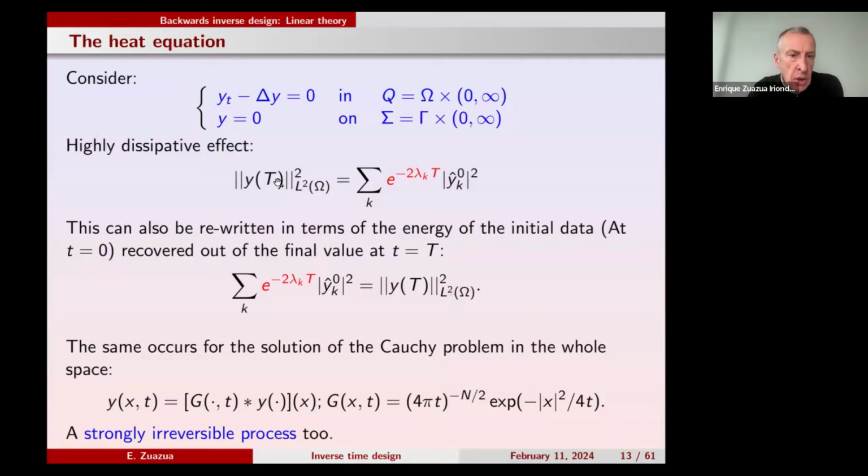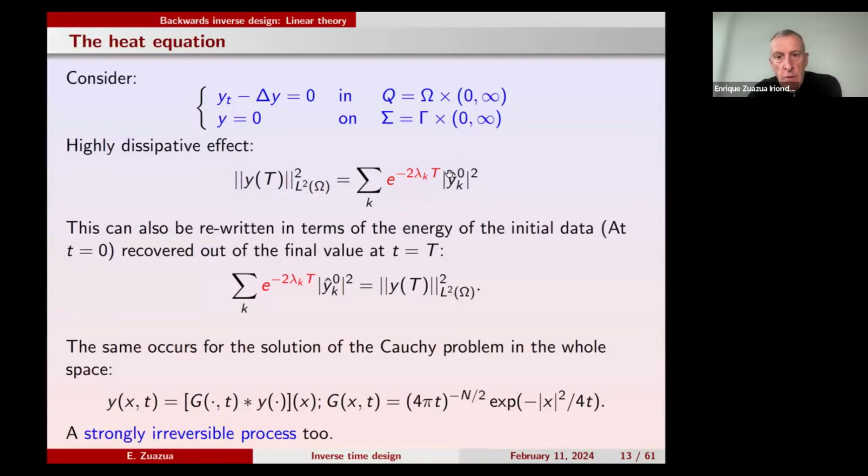And then I ask you, what can you say about the initial datum, the solution of this heat equation, say, yesterday or a few days ago? So you have to go backwards in time. Then you can use the Fourier expansion of the solution, and what you realize is that the L2 norm, which is a very natural quantity to measure the solution you have today, right? The L2 norm of the solution today in a Fourier basis, on the basis of eigenfunctions of the Laplacian, right,